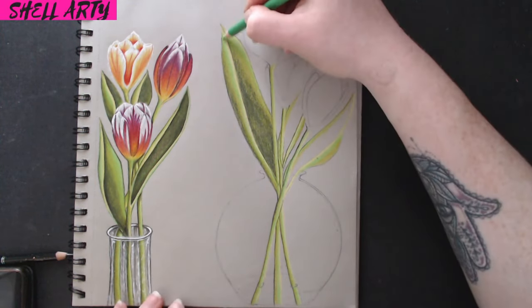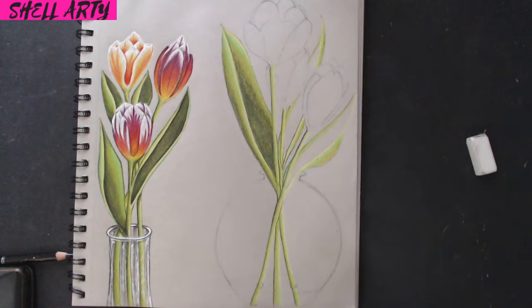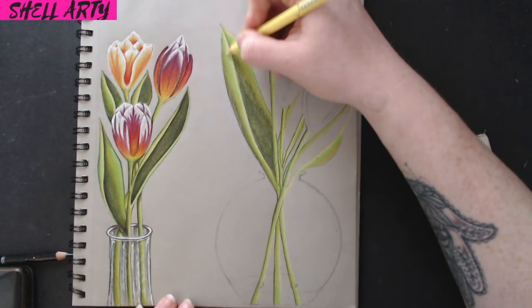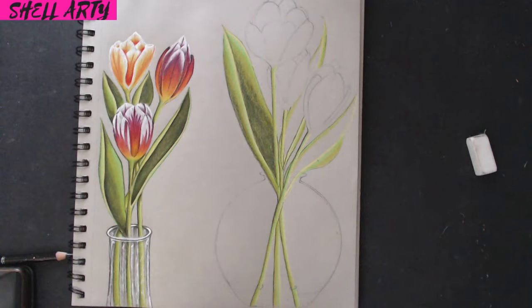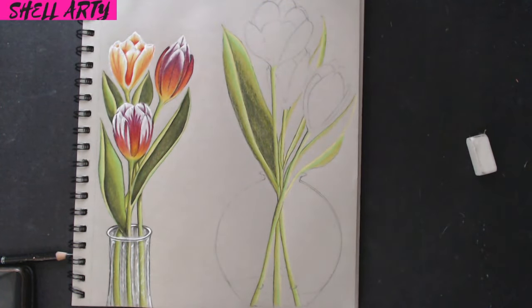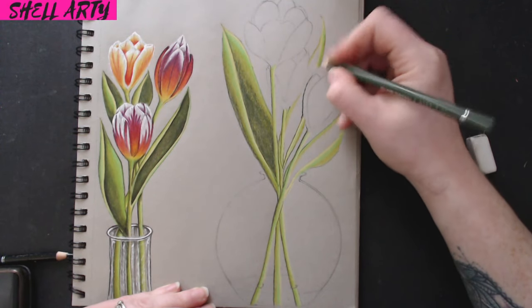And spring green. Just blending out that wine a little bit more. And then reinforcing it with that sapphire yellow again, just to keep its highlight. Pushing away any excess. And then we're going to do the same over here. So where we've got our darkest areas, which is here,